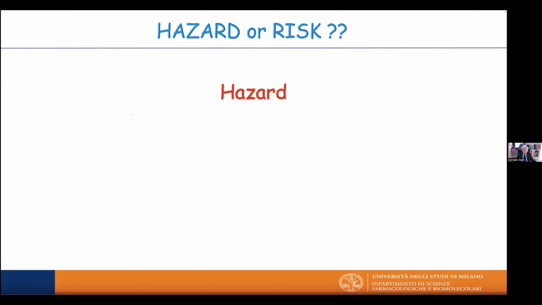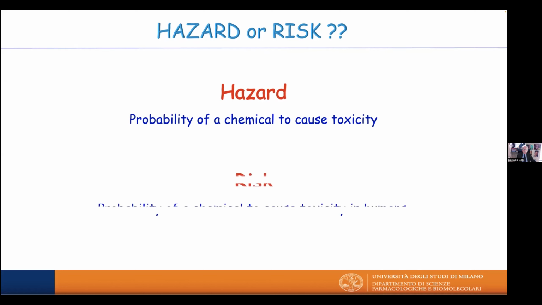Because the hazard is always a probability of a chemical to cause toxicity, and the risk is what? Is again a probability of a chemical to cause toxicity in humans, because as far as the hazard, you define a kind of intrinsic potency of a chemical, but it doesn't have anything to do with the risk,